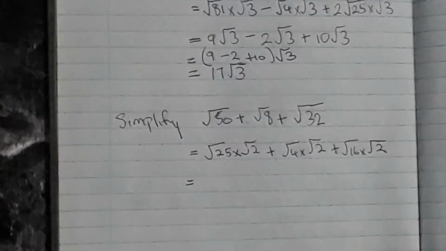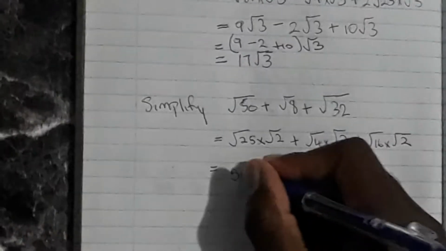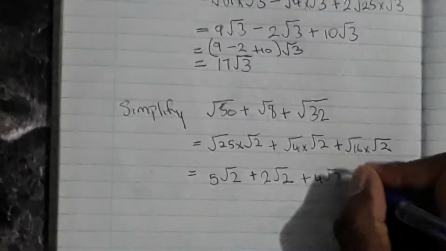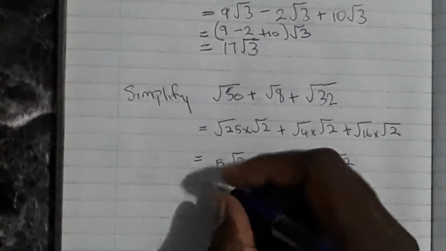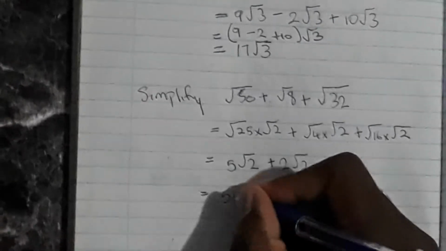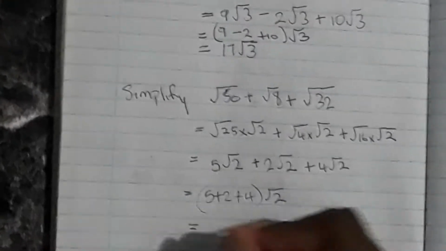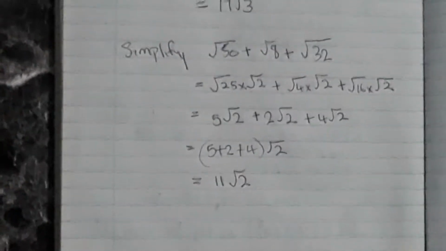And now we're gonna find the root of 25, 4, and 16. This will give us 5 root 2 plus 2 root 2 plus 4 root 2. And then we factor out the root 2, which will give us 5 plus 2 plus 4 times root 2, which is 11 root 2. And that is our answer. Now we're gonna move on